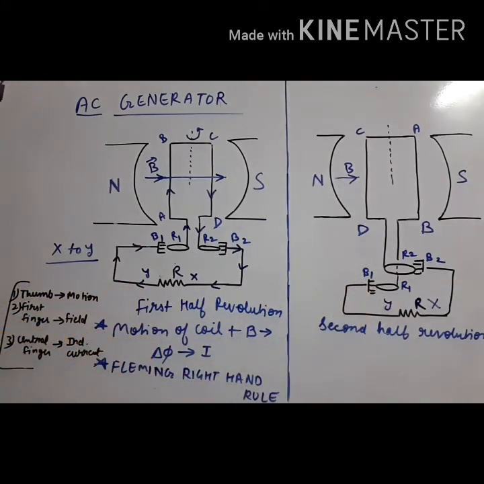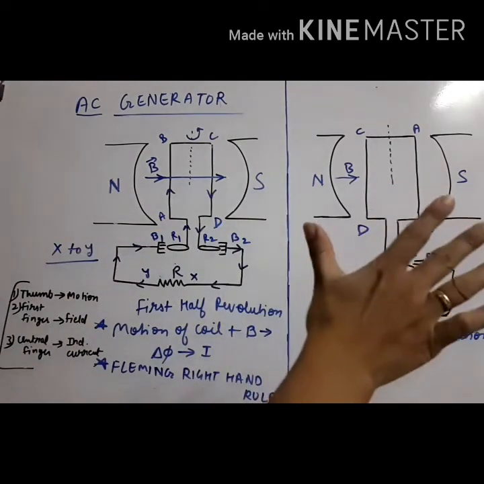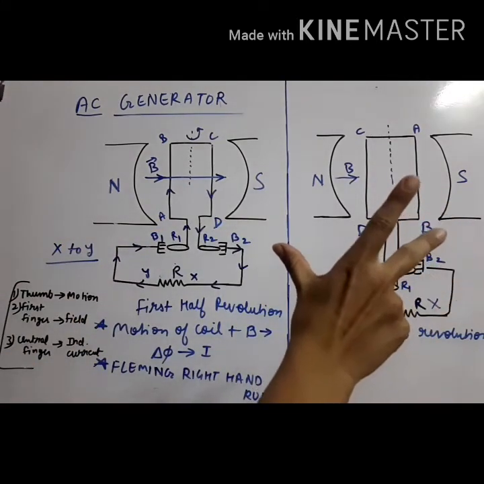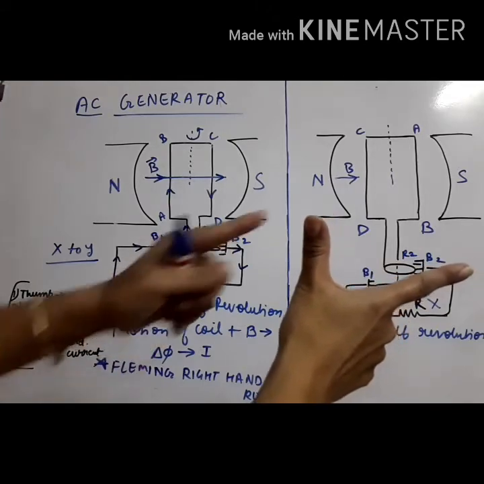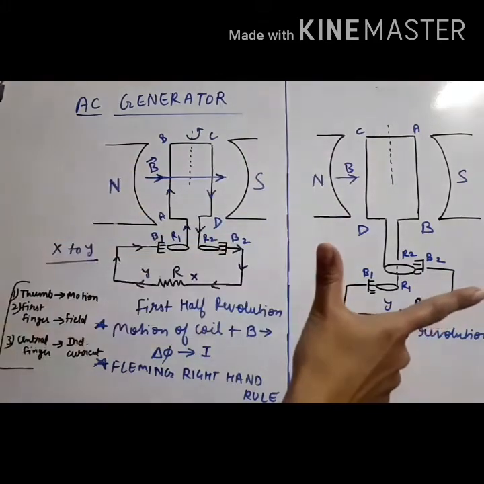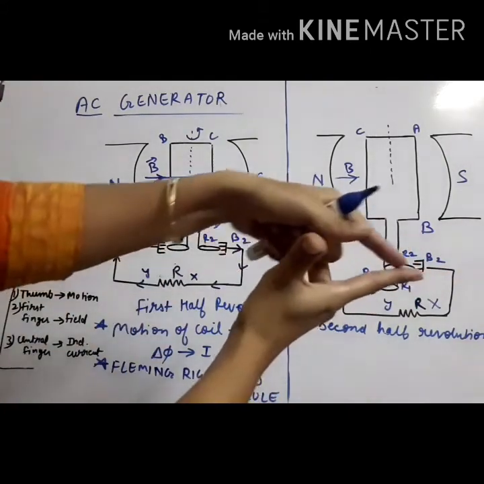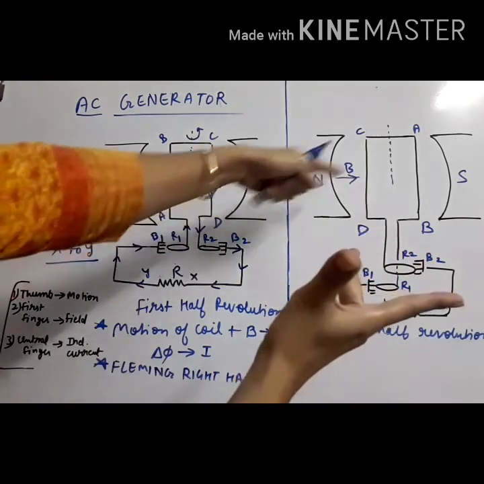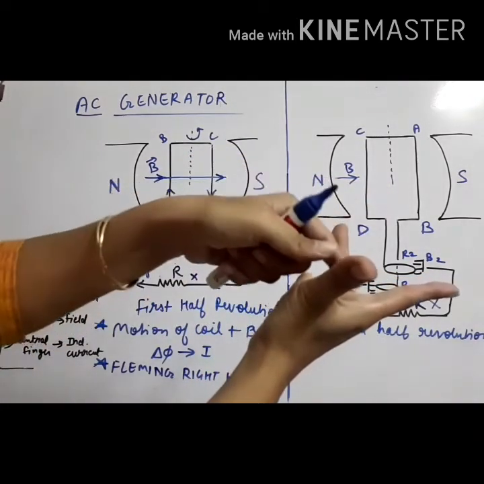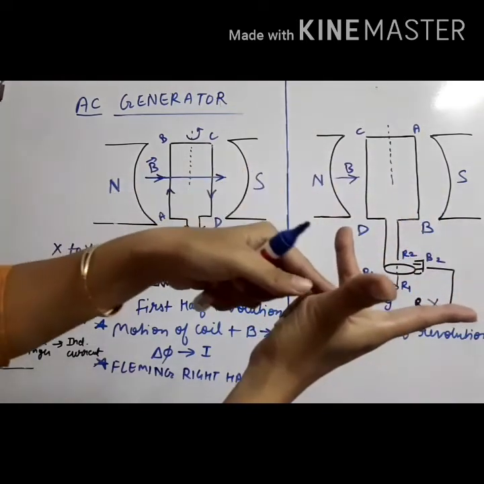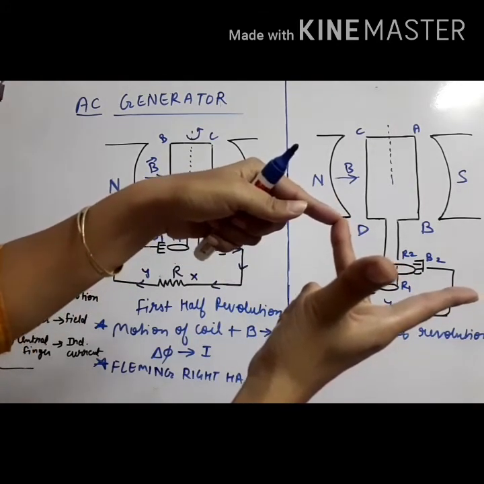Now we will apply our Fleming's right hand rule here. CD's direction of motion is outward. So, Fleming's right hand rule: turn these two fingers, now stretch all the fingers perpendicularly like this. Thumb denotes the direction of motion of conductor. Where is CD coming now? Normally outward, so we have to show the thumb normally outward. After that, where should the first finger go? The first finger is the field. What will be the direction of the field? North to south. So the first finger goes north to south. So the thumb is outward from the board, the first finger is north to south, so where is the central finger going? Upward. Now the central finger direction is the current direction, which is upward.